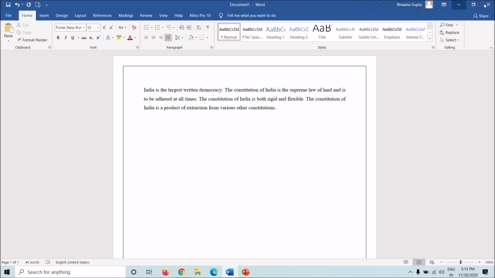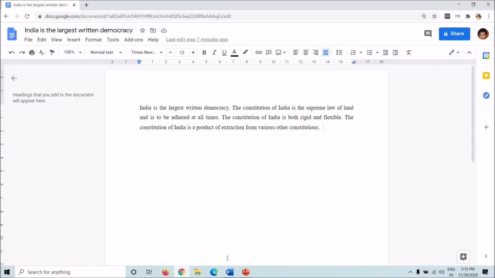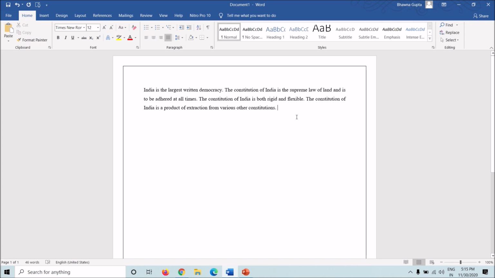Word does have a recovery option. If you have logged in like I have, then there's an option to recover your document, but it might not be the complete document. You might still lose a few paragraphs or words or important details that were in the document. With Docs, this is not a problem. You'll have your file as and when you require.